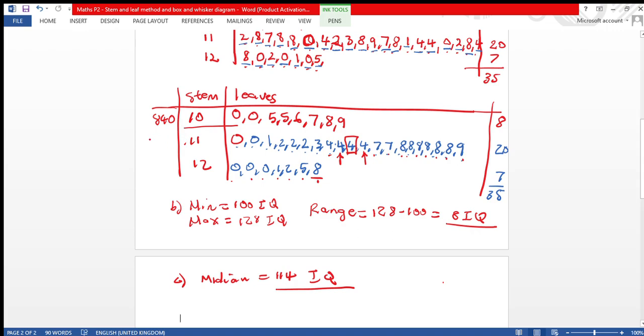So here the total for the stem of 11 is 2297, and then for a stem